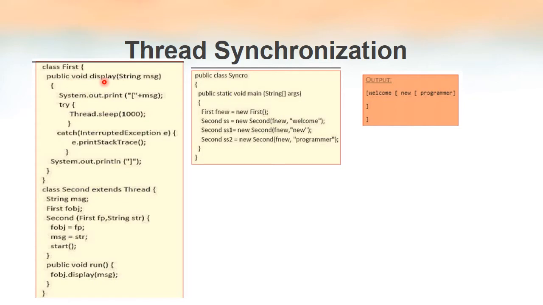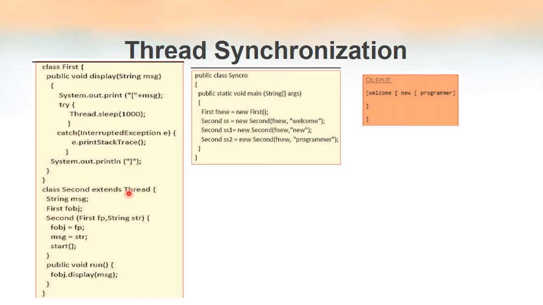The first class, named first, has a method display, and we have something to display here. The content to be displayed is the content inside the string variable message, within square brackets. We are also asking the thread which calls this method to sleep for 1000 milliseconds, that is 1 second. And similarly, the corresponding catch block is here. As you can see, one square bracket, then message, and then a square bracket again. So in between a pair of square brackets, one word or one sentence, depending upon the content of msg, is the output of this method.